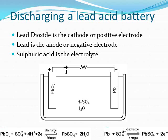Lead dioxide is used as the cathode or positive electrode, and lead is the anode or the negative electrode as shown in the diagram. The electrolyte that's used is usually sulfuric acid, and when a battery is discharging, the equations at the bottom run from left to right. The equation on the right side shows what happens at the negative electrode, and it shows that lead reacts with sulfate ions to produce 2 electrons, and at the positive electrode, 2 electrons are absorbed when lead dioxide reacts